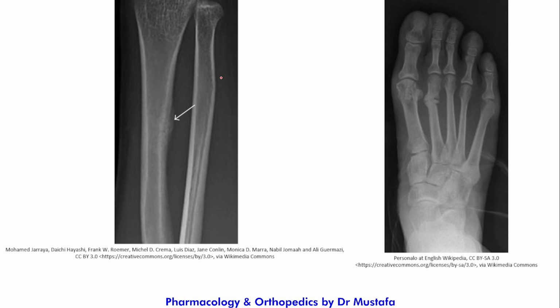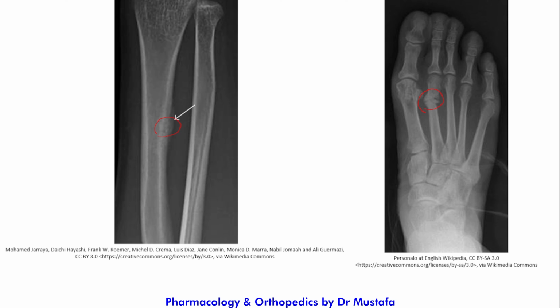So here we have plain X-ray images of stress fractures. On the left you can see the fracture line, and you can see the periosteal reaction as the callus formation on the radius, indicating that there was a fracture here and it healed. And on the right picture we can see the second metatarsal fracture, and it is already healed, and this is also called the March fracture, as we